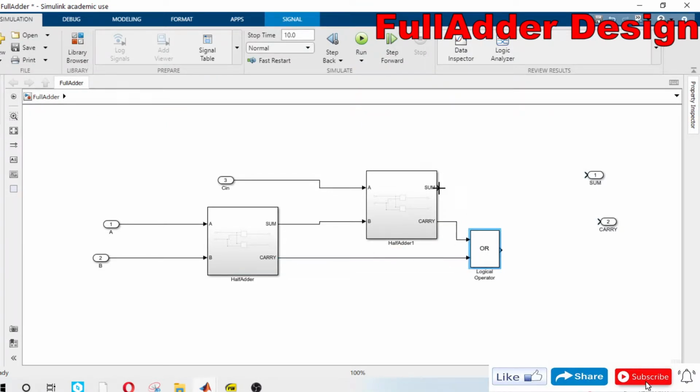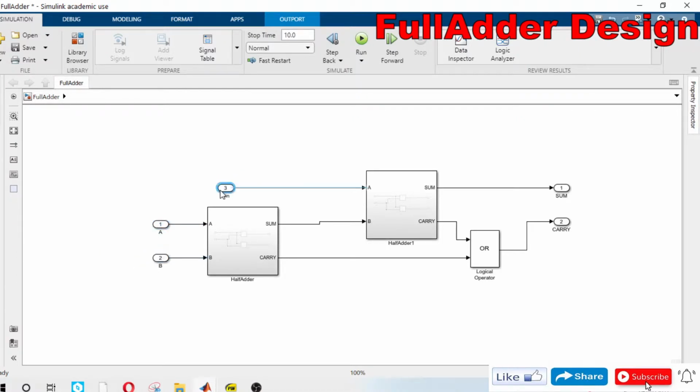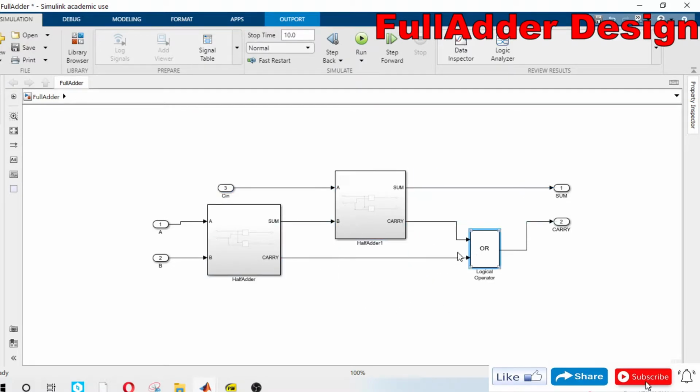Then I will connect this sum output and this carry output. I will arrange everything properly so that it will look okay. This is our full adder.